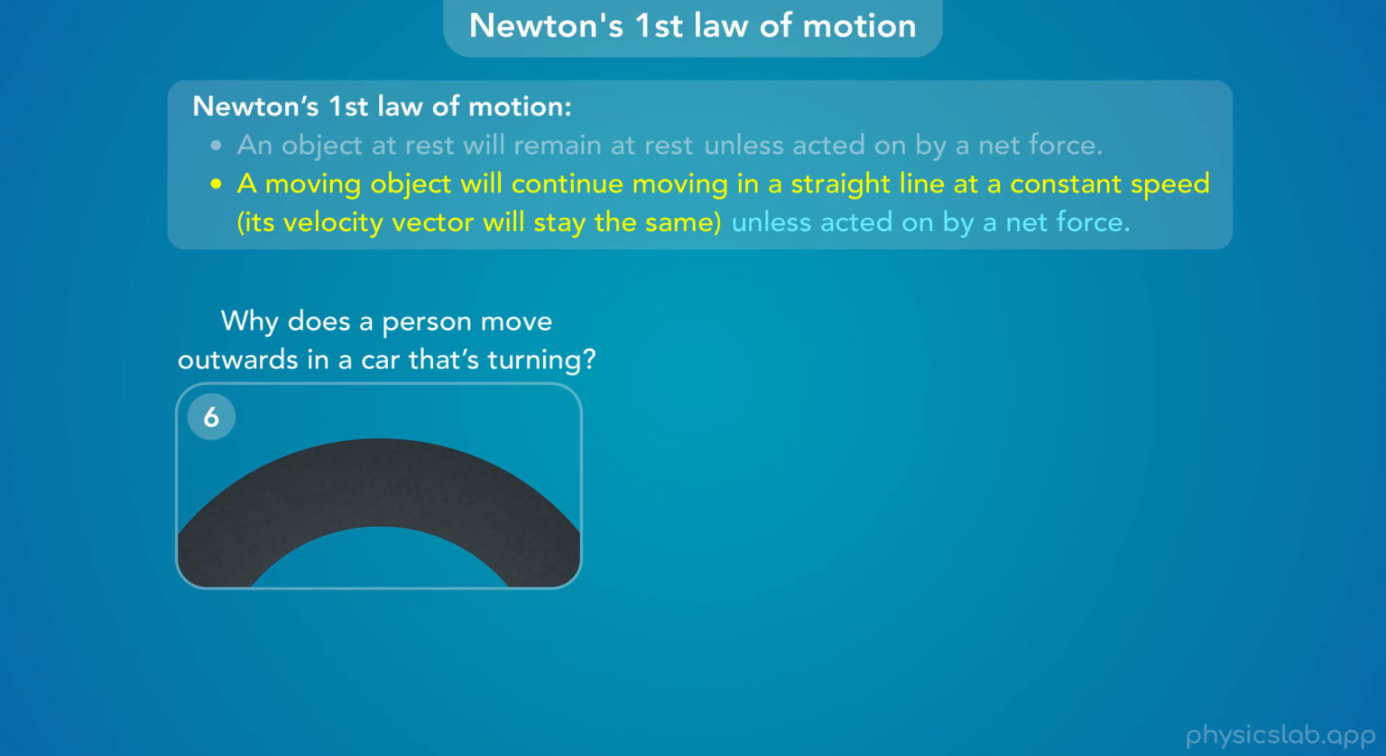In the last scenario, the car is turning around a sharp corner and the person feels like they're moving sideways towards the outside of the turn. So what's going on? Let's look at this point in time when the car is here. The person's velocity at that moment is pointing in this direction. And Newton's first law says that the person will continue moving in a straight line unless there is a net force acting on them. So if we removed all the forces on the person, they would naturally move like this